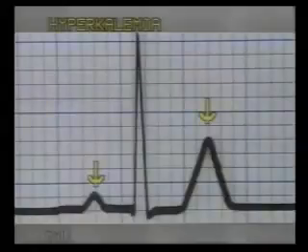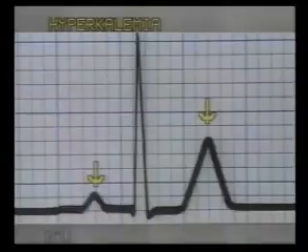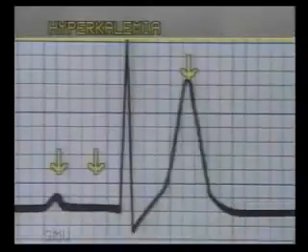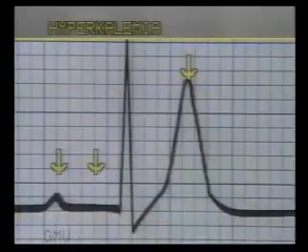Hyperkalemia, or a rise in serum potassium levels. With mild rise in serum potassium levels to say 7 milliequivalents per liter, the T wave becomes taller and peaked, a very typical feature of hyperkalemia, and the P wave becomes flat. With further rise in potassium levels, the PR interval increases, while P waves become small and may even disappear. The T waves become taller and wider, tent-shaped, and the ST segment gradually merges into the proximal limb of the T wave.